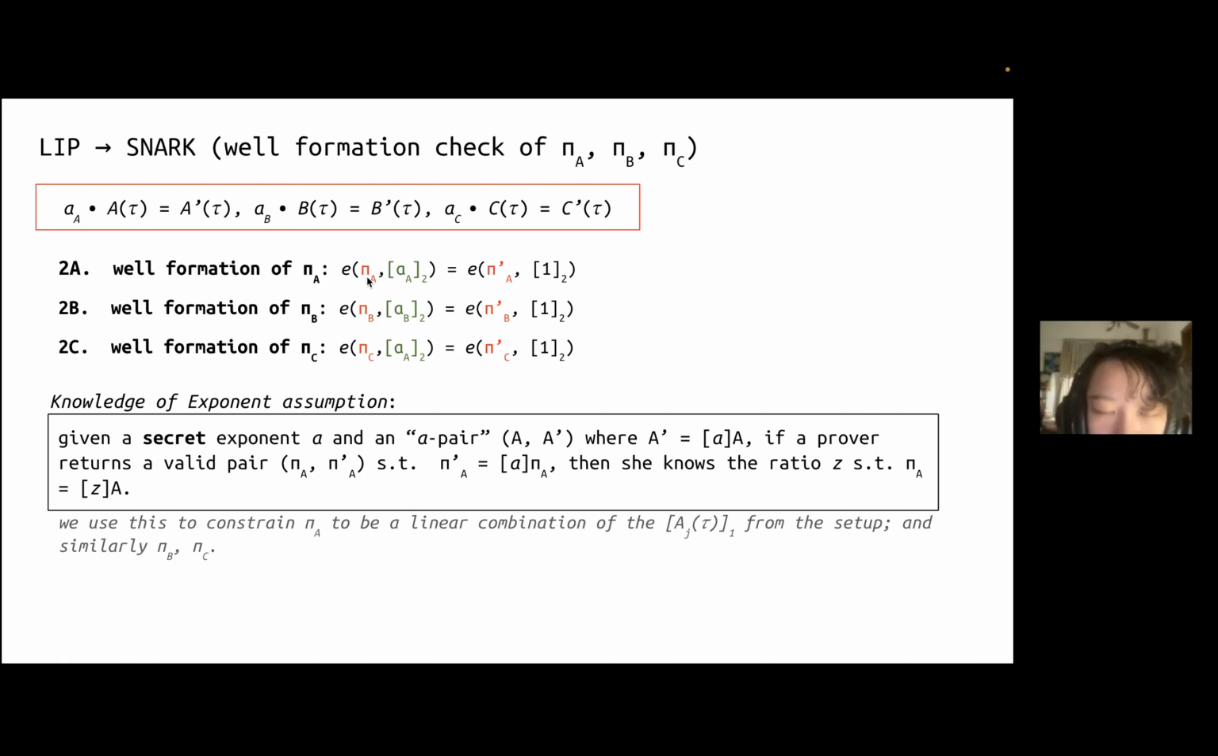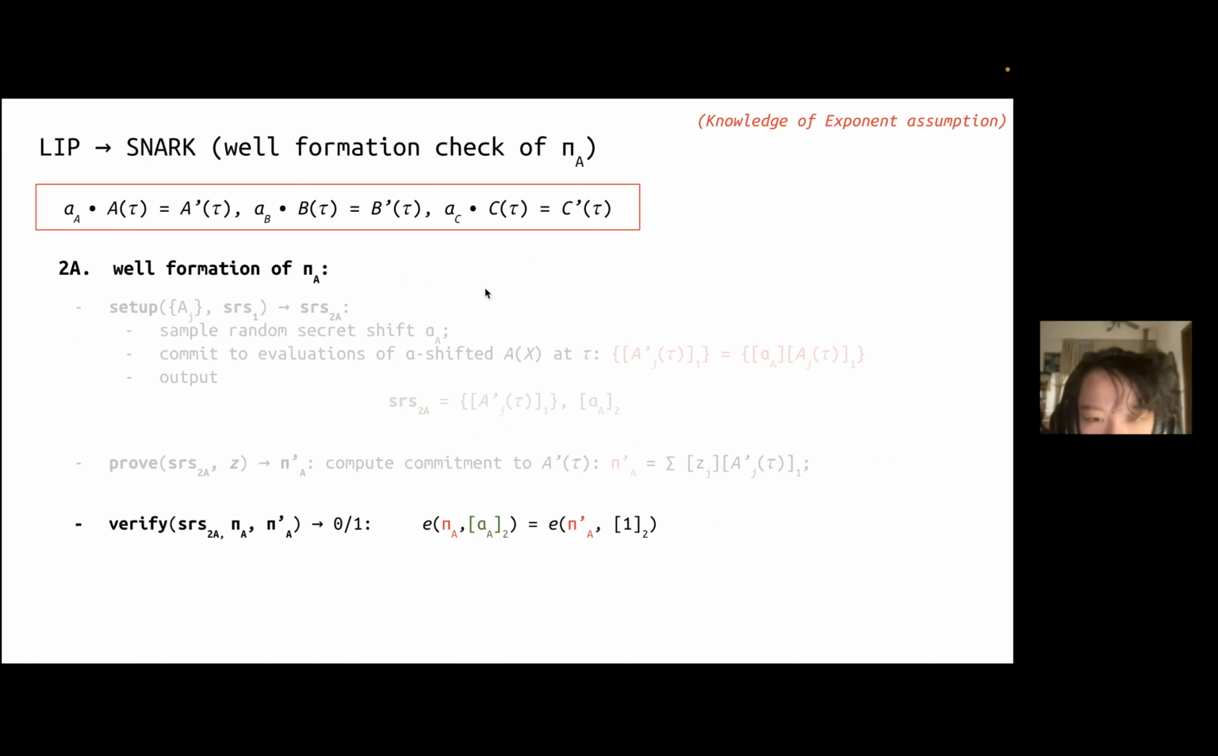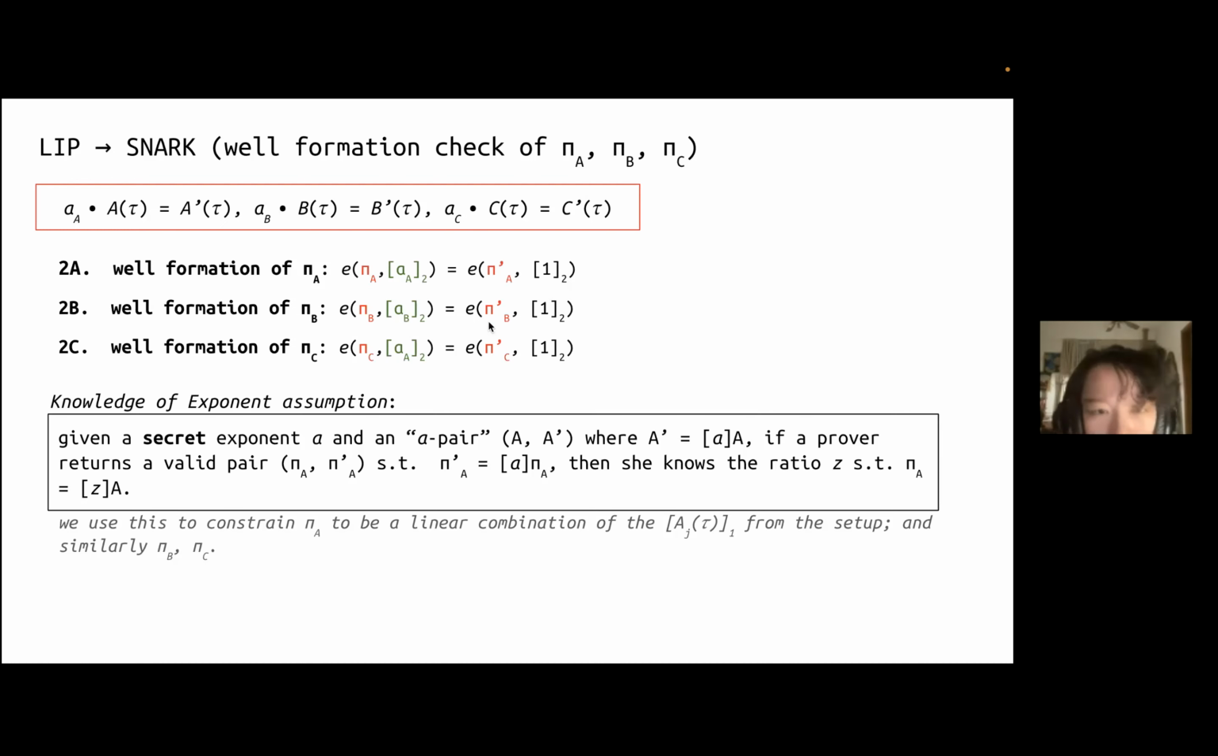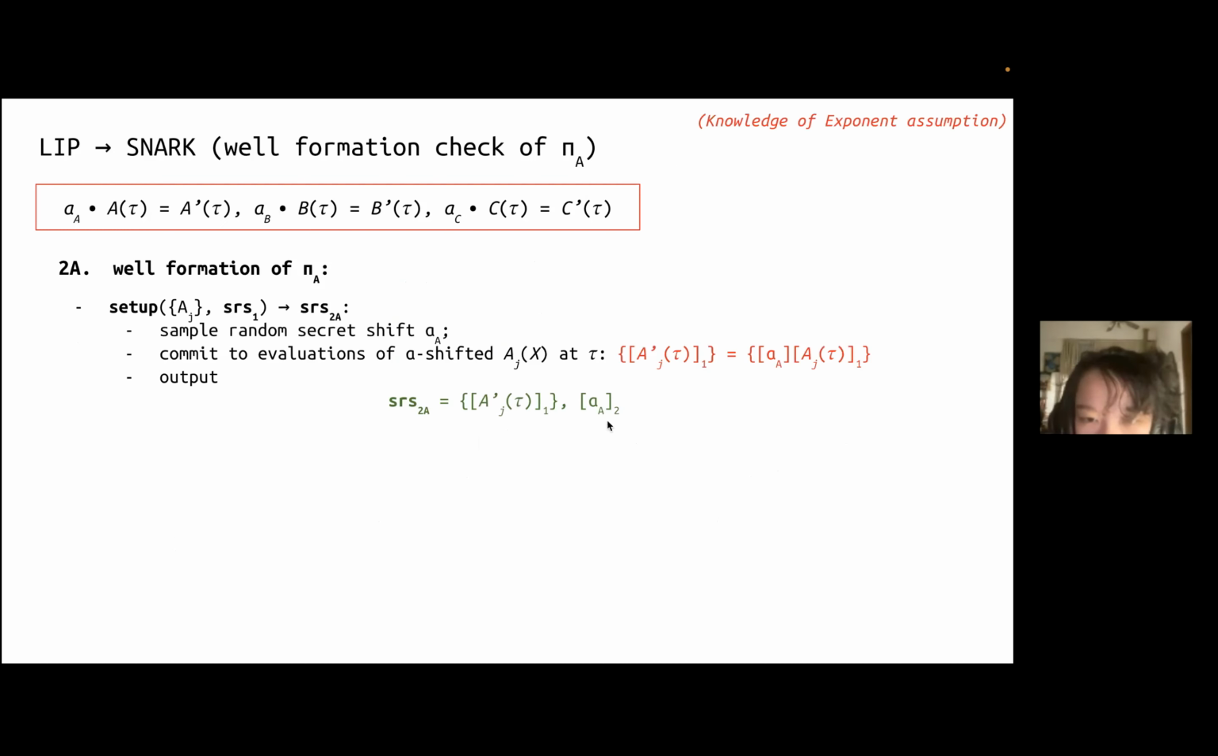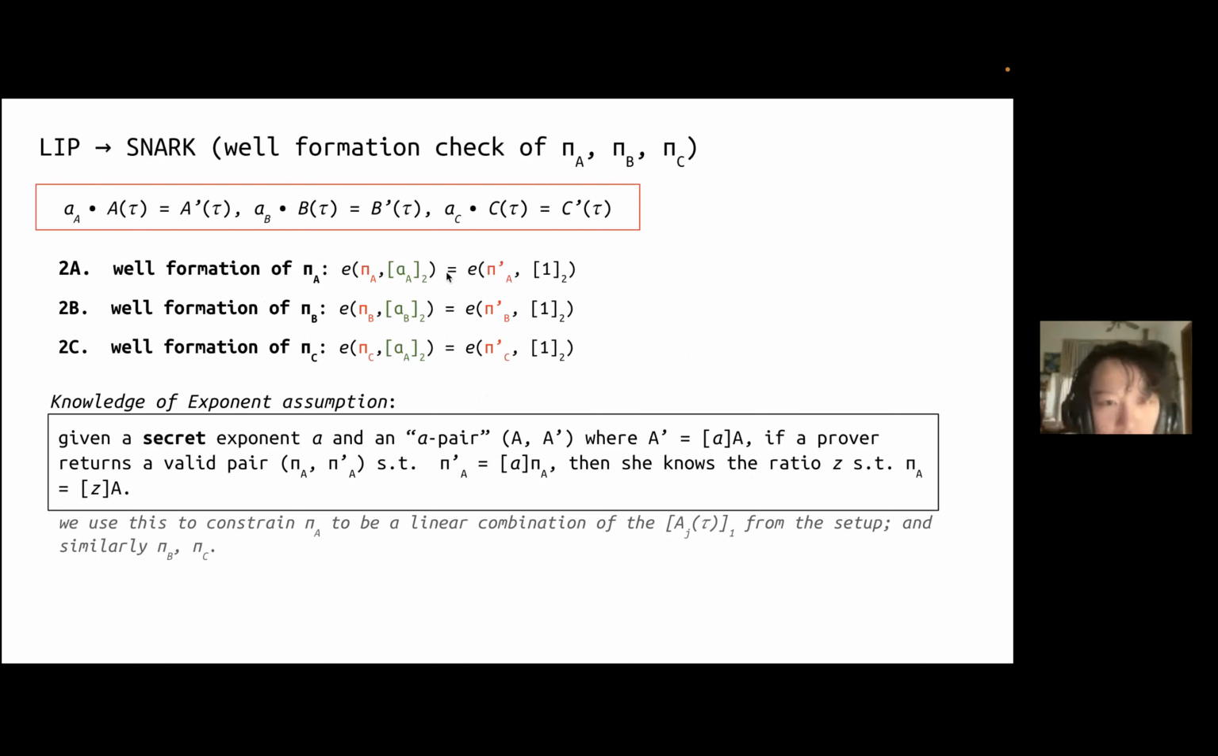So we're trying to enforce this relationship between all the pi's and pi primes here. Yeah, and because both the pi's and pi primes were constructed using these alpha shifted commitments in the SRS, then pi A must have been constructed from